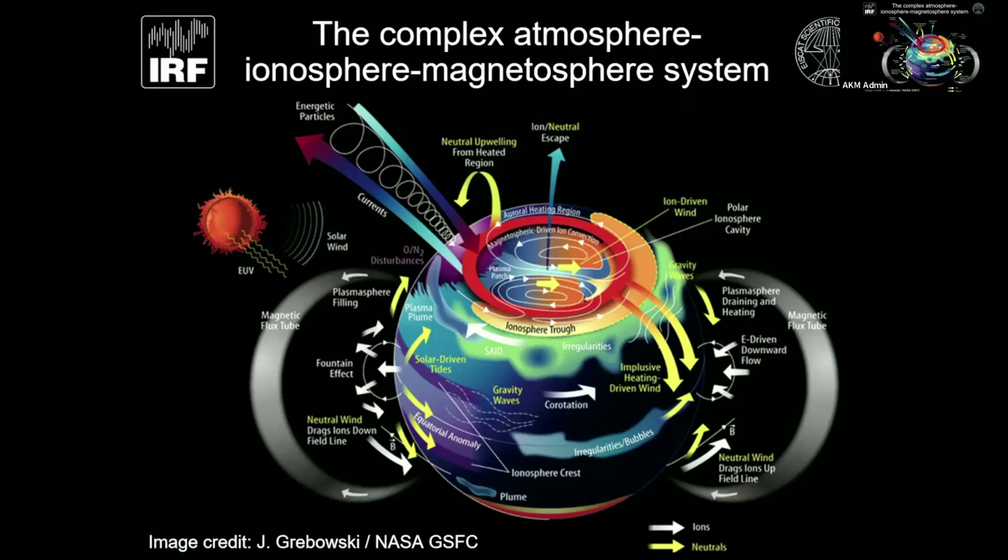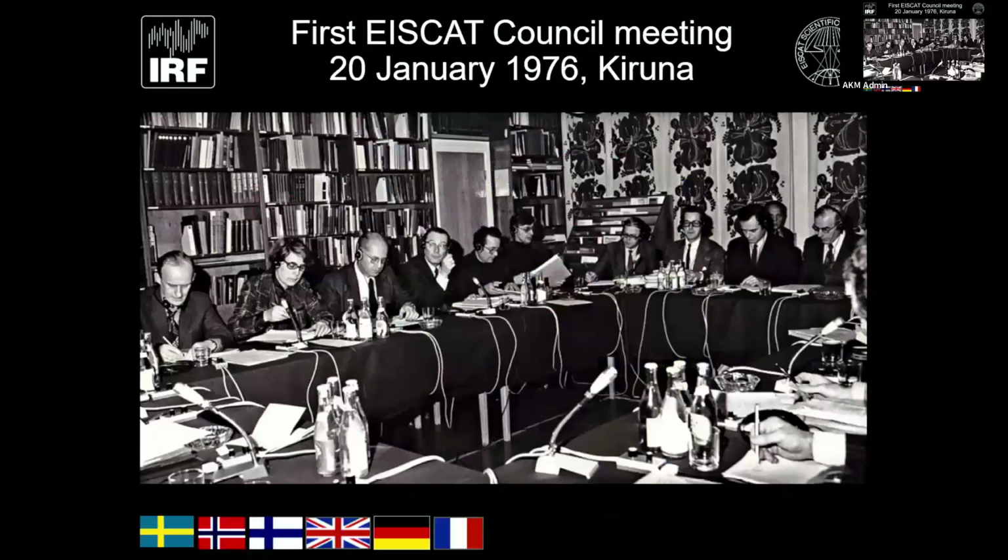This is a more modern picture than the 1960s, but it doesn't contain a meteor, and actually they didn't have meteors in the original science case. EISCAT was formed in 1975, so it will have its 50-year anniversary next year with a symposium in Kiruna. And this was its first council meeting in 1976. This was our director at the time,